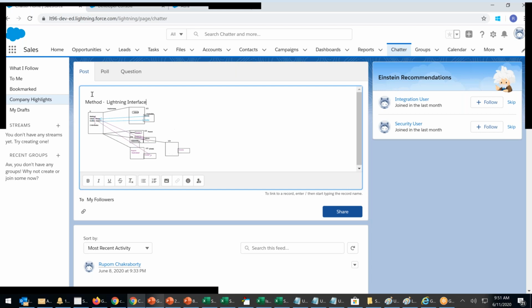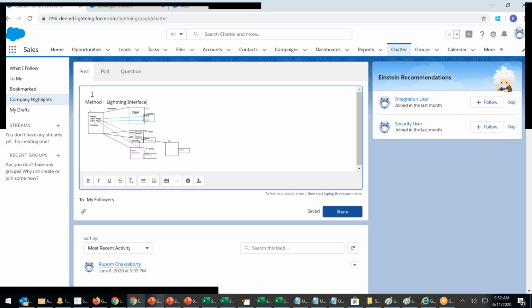We'll mix the class over, no? So do one thing. LDS, please post your code here, and server-side controller, you post your code here, right? Then the problem is resolved. Screenshot and code: how my component looks, this is my component code, this is my component controller. Total three things. Screenshot of the output component. Don't take a screenshot of the component program. Copy the component wherever there's programming, so that people can copy it easily rather than retyping again. Copy the component program, copy the controller program, and give the output screenshot.